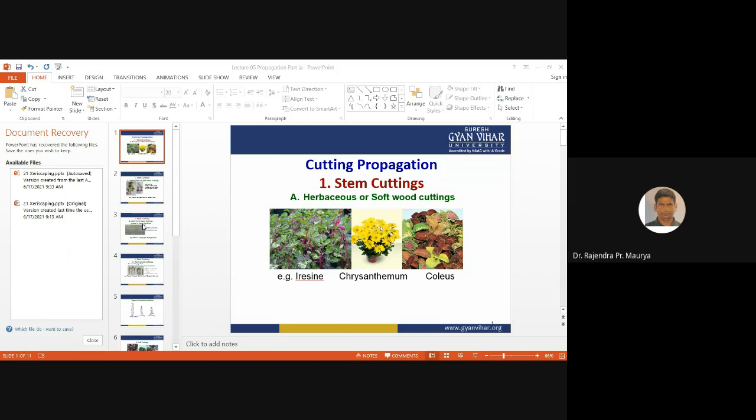When these plantlets are well developed, with a root system developing underground and an aerial part that is the shoot system, then we can separate them out and transplant them in other potting mix. Okay,